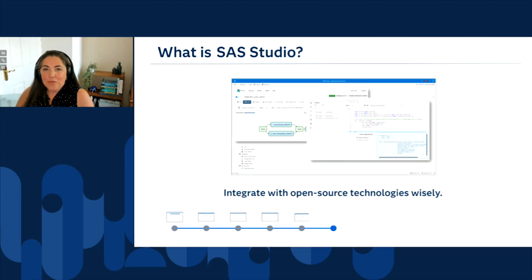And integrate with open source technologies. So you can easily schedule, orchestrate and monitor your data pipelines using Apache Airflow with the SAS provider for Airflow, or whatever orchestration tool you prefer. Got Python or open source tools? No problem. Just plug them into your flows and turn them into visual, reusable steps with the custom steps framework as well. More on that one later. Okay,